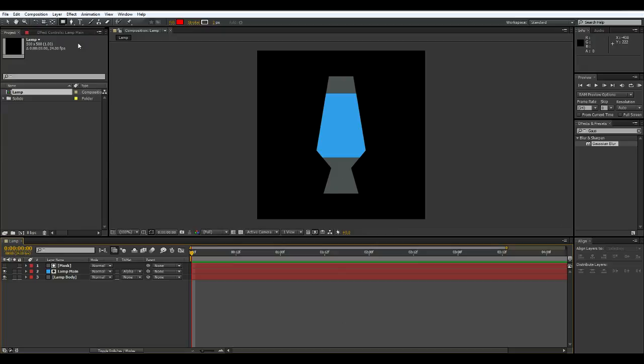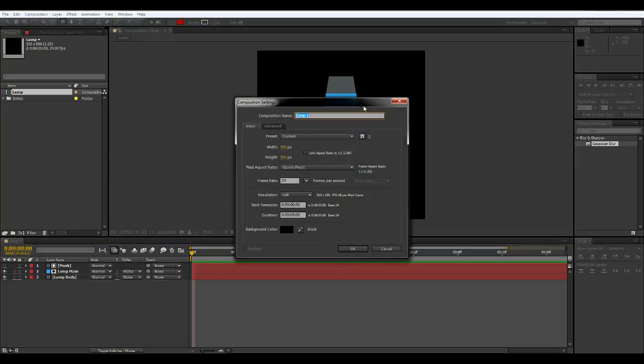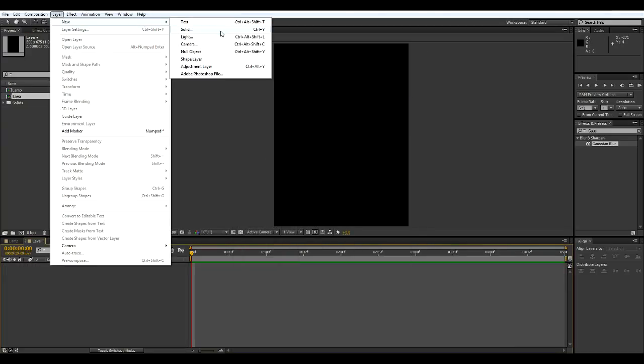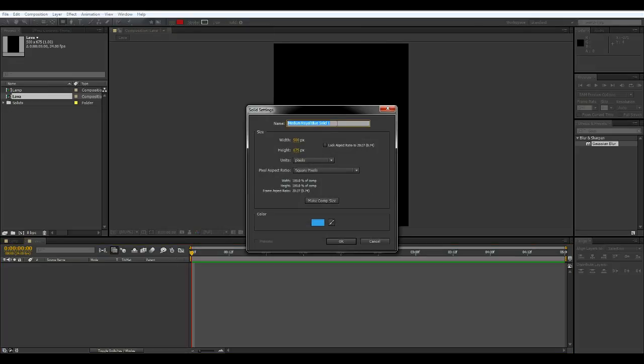We need to actually create our lava. So we're going to create a new comp called lava. I'm going to make this one a bit taller. So something like 675. Okay. And we'll create a new layer, new solid. And we'll call this